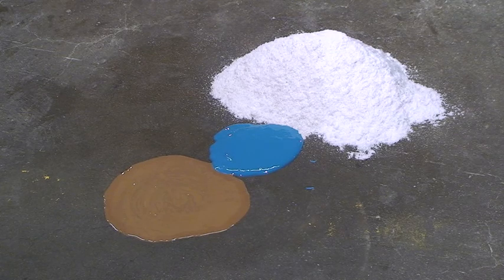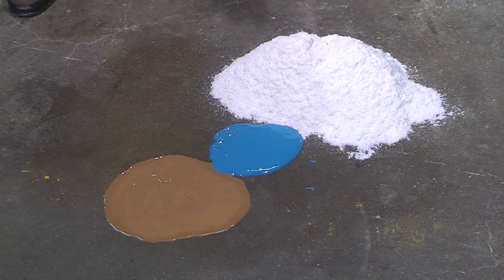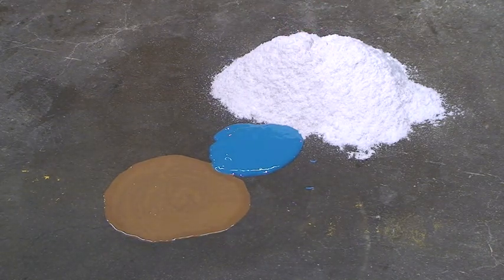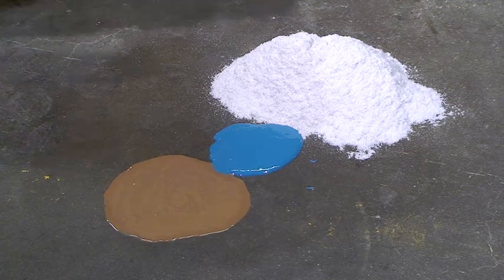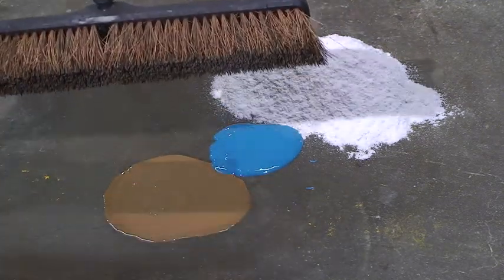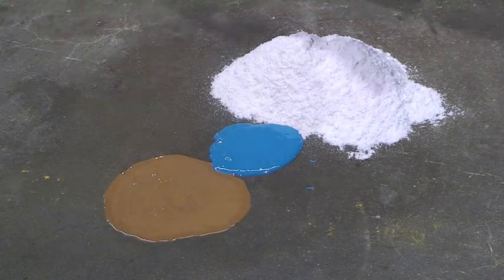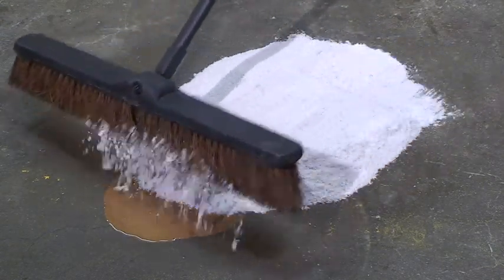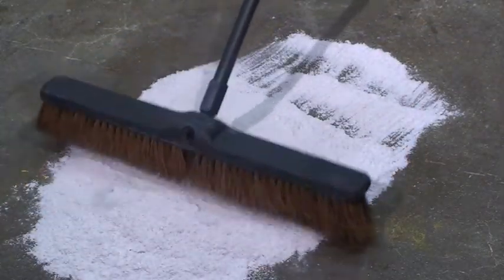I will use 3 to 4 times more EnviroGuard on paint than any other spill. This will keep the paint confined and my push broom will stay clean. The process is the same as before. Cover the spill, pat the powder into the spill,